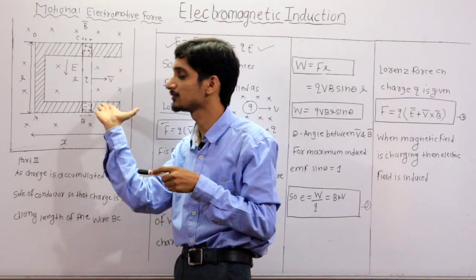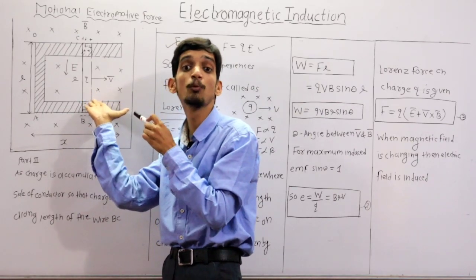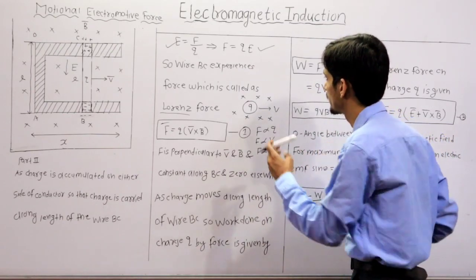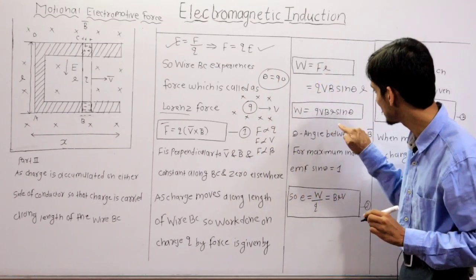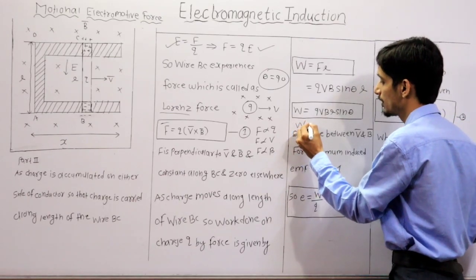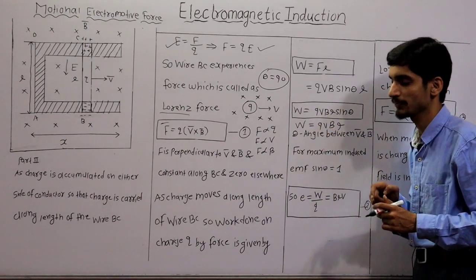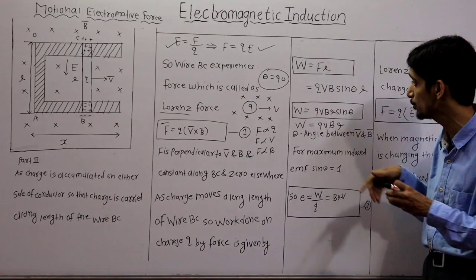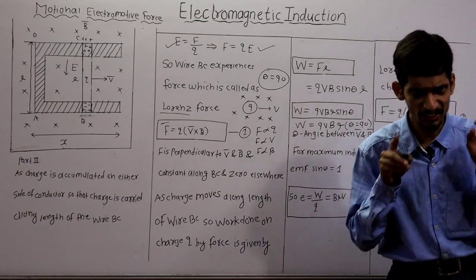So definitely this velocity and this magnetic field are both perpendicular to each other. So the angle between them is what? Theta is equal to 90 degrees. So as theta is equal to 90 degrees, sin 90 is equal to 1. So it experiences a maximum force, that is QVB, and into L. So it is the work done. This is force into L. So it is a generalized formula. It is a specific case when theta is equal to 90 degrees. Clear? Okay.